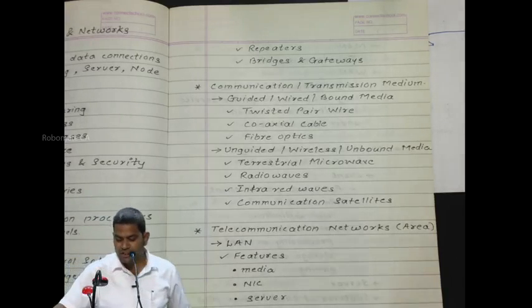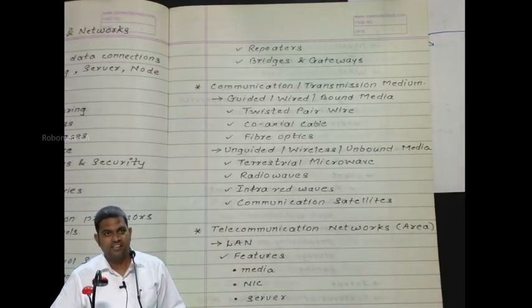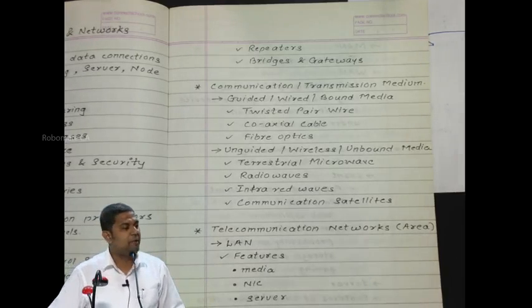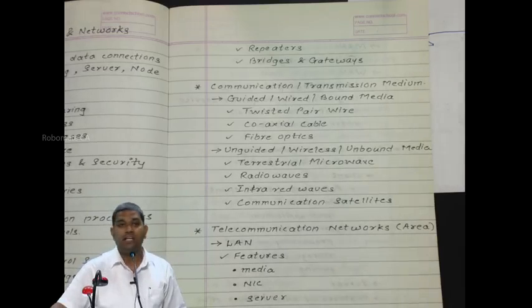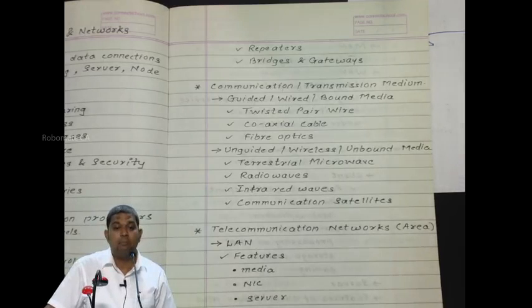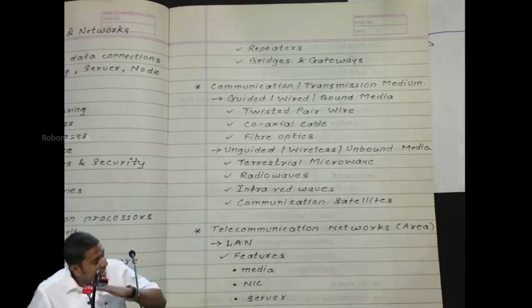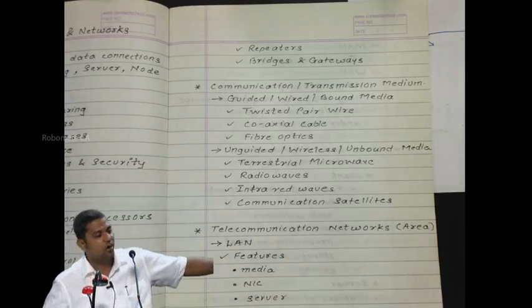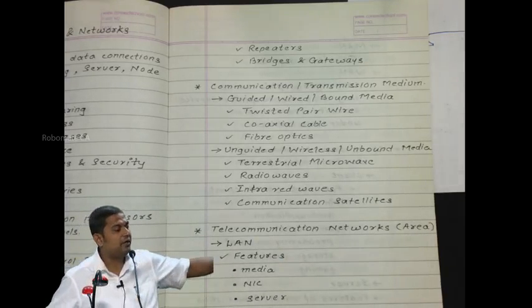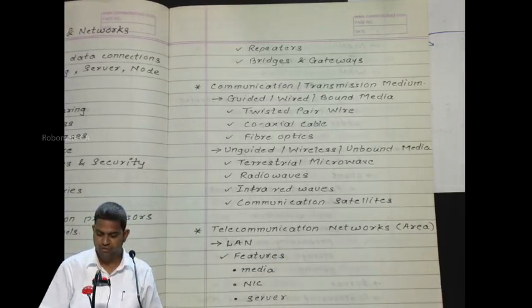After this, we are moving to the next one, and that is called as unguided or wireless or unbound type of media. So what is the technology that is being used for this one? Number one is called as terrestrial microwave. Terrestrial microwave means microwave signals sent along the surface of Earth. What is this and how does it work? Listen very carefully.